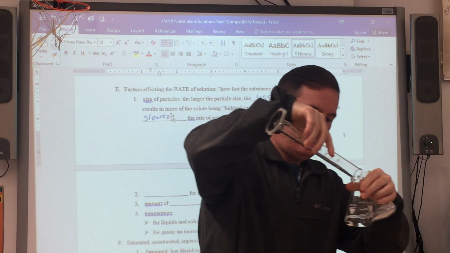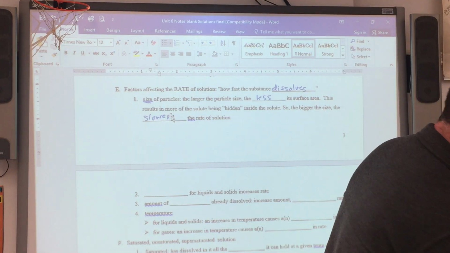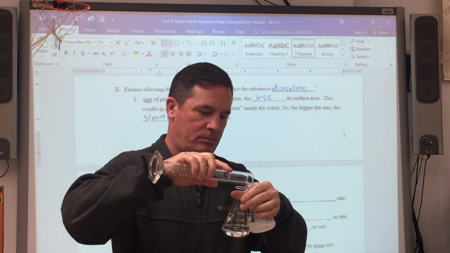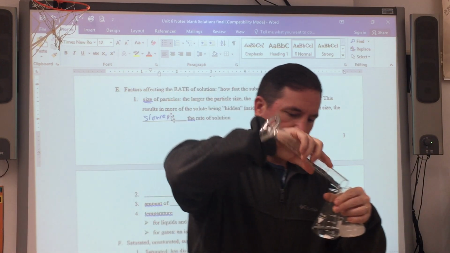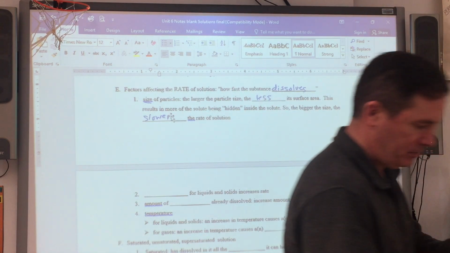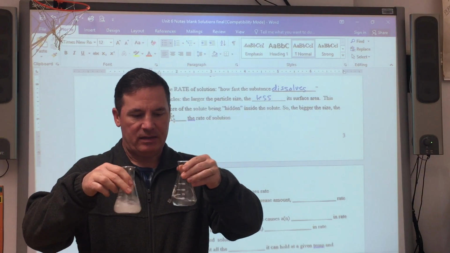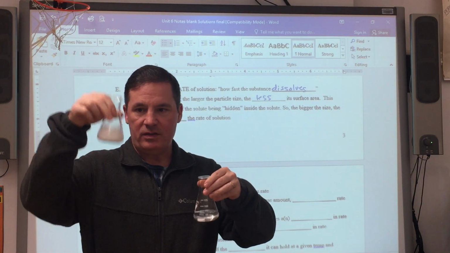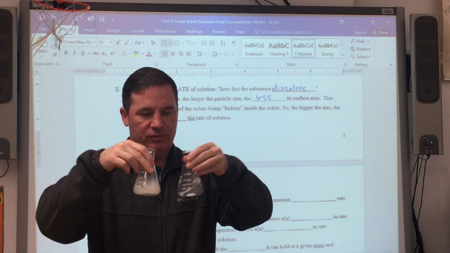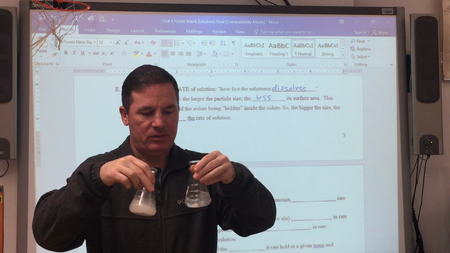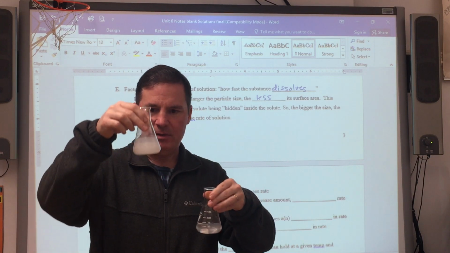Each one's going to get 50. You can probably tell already, it's not going to take long for the one in this hand to dissolve. This one's breaking down as well, but